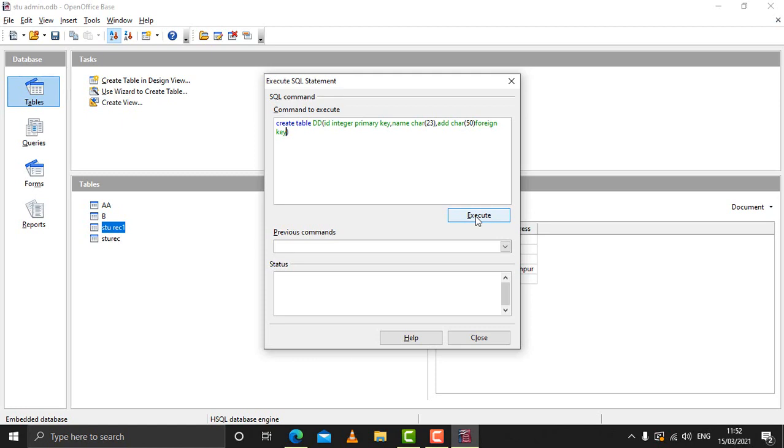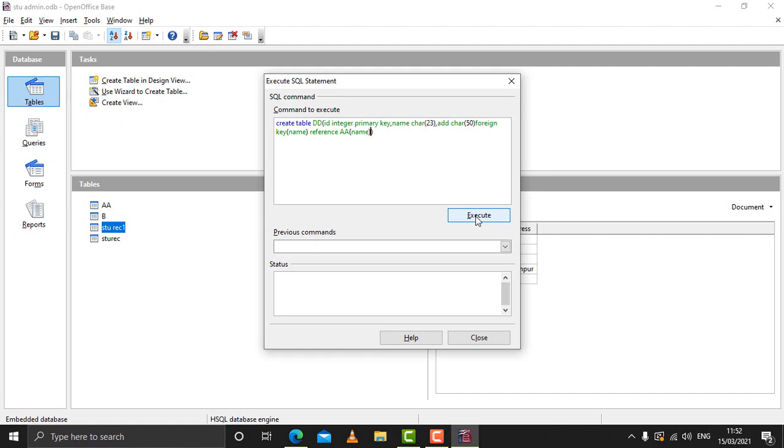So that is name, bracket close, then space, and then you have to write reference, and then the name of the table which you want to connect with, that is AA, and the field in AA table is name, and bracket close.